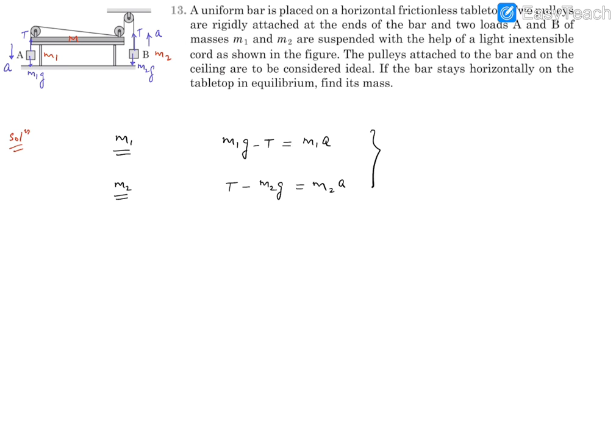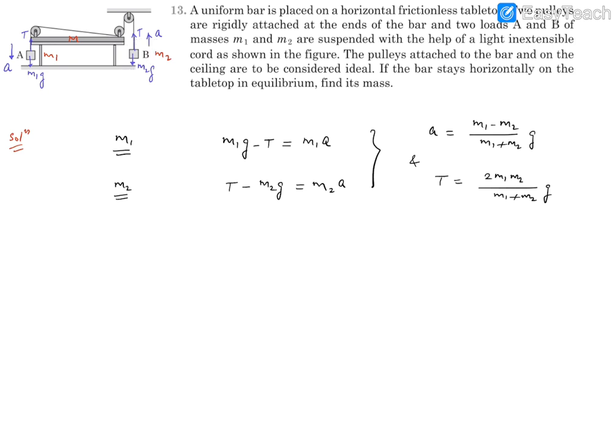So if you solve these two, you will find A is equal to (M1 minus M2) divided by (M1 plus M2) into G. You can check it. And you will find the value of tension is twice M1 M2 divided by (M1 plus M2) into G. These are the two solutions of these two equations, because in these equations A and T are unknown. To get A, you can just add them up. Then substitute the A value back, get the T, check these values. Anyway, this is the calculation for these blocks or masses.